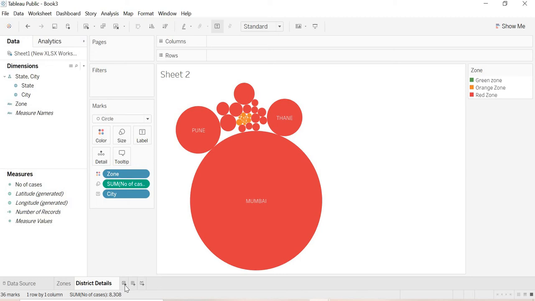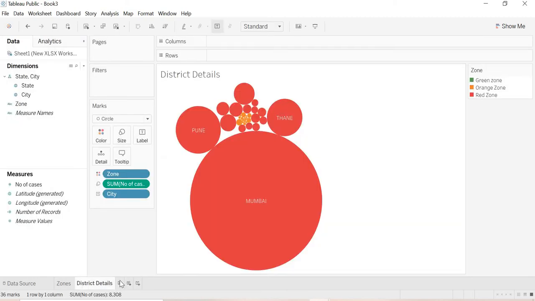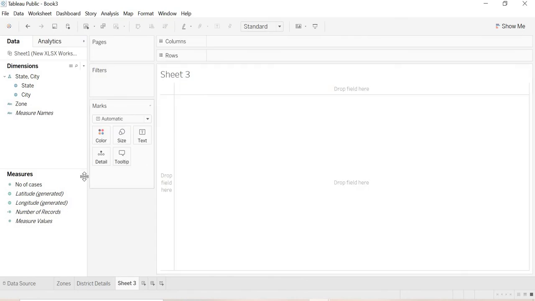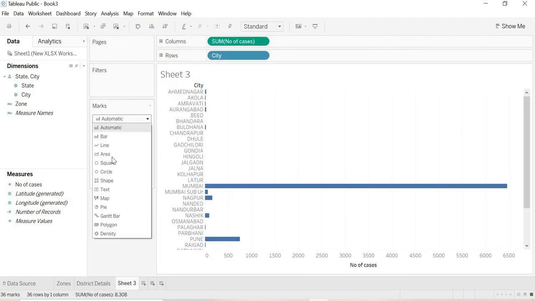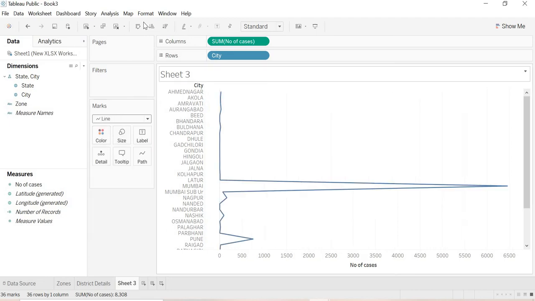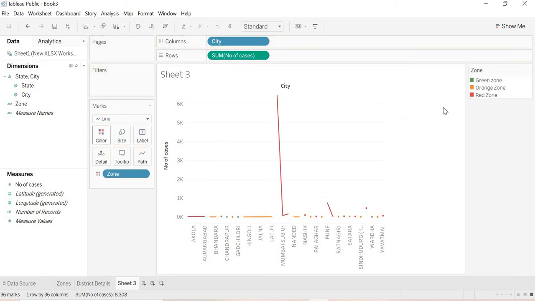I'll make one more sheet. In this I will put city. Then I will put number of cases, and this time I will make the graph a line one. Then I will rotate this from here. I will put zone in color, green, orange and red.